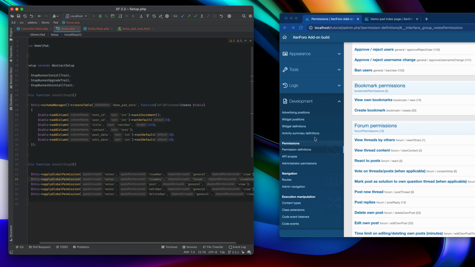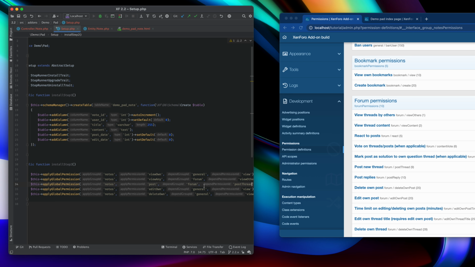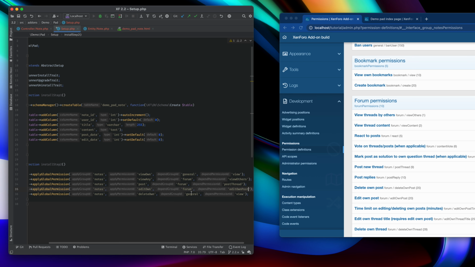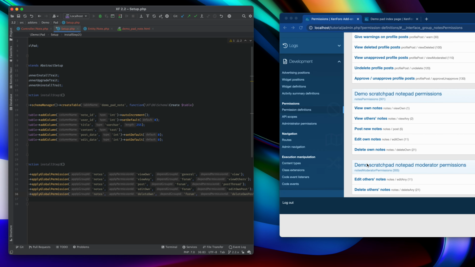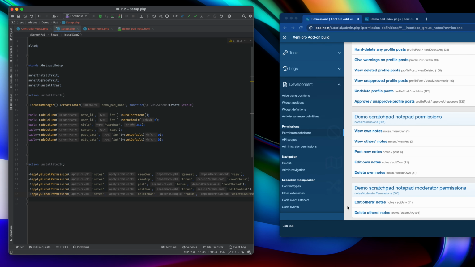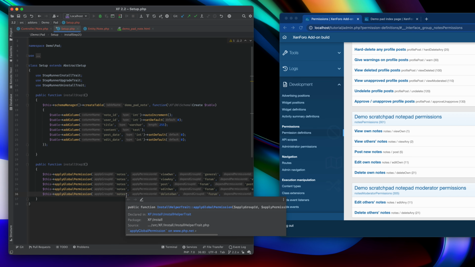And then post new, let's post new thread. So that's forum and post thread. Edit own post. So forum edit own post. And delete own, we can have that as forum delete own post. And then we can go through and do the same for the moderator permissions here and base those off groups that also have those moderator permissions, and essentially that's our work done. Once we export this plugin, anytime the install script is run, then these permissions will be applied to any group that matches the criteria we've set up, and you're good to go.